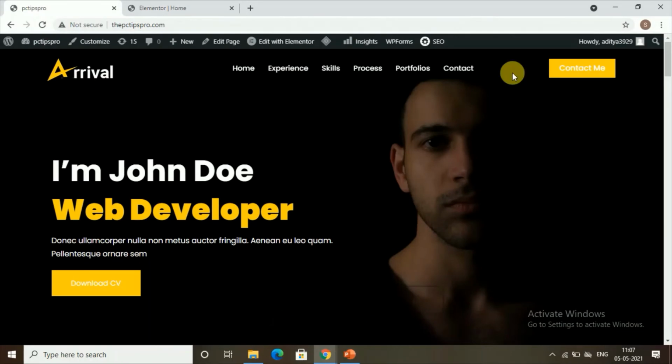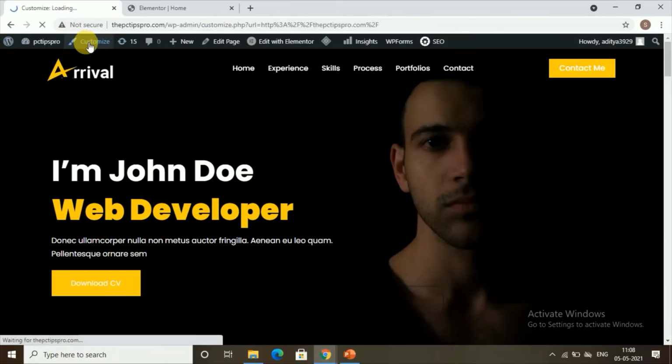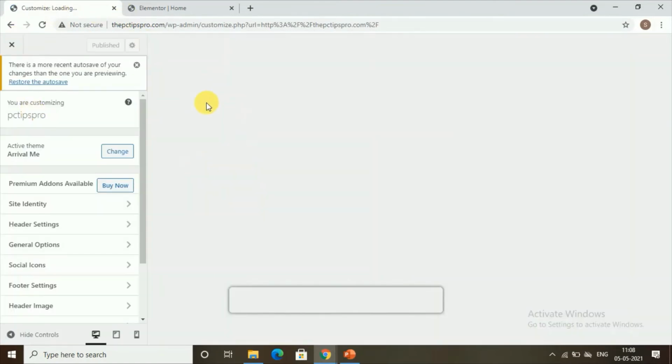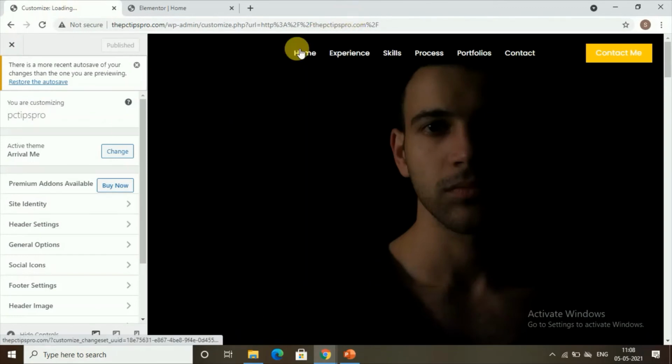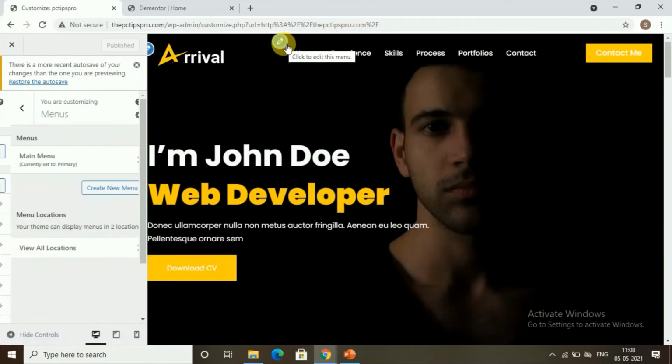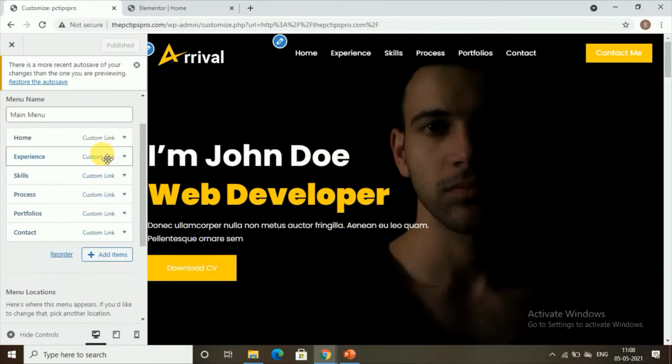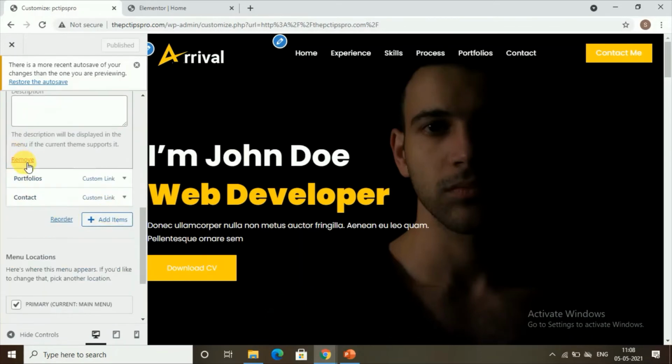So now we will see how you can change this menu. To change this menu, click on customize. Once you click on customize, you will land on an editing page like this. Now click on this icon and click on edit menu, and then you can choose the section you want to remove. If I want to remove this process, click on the process, and as you scroll down you can see the remove option. So click on remove,